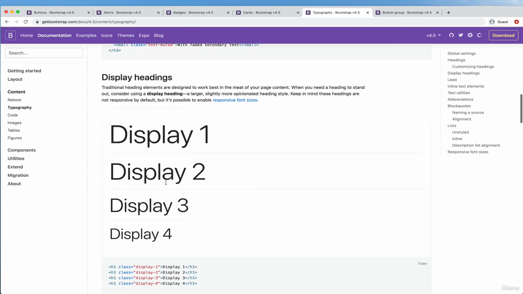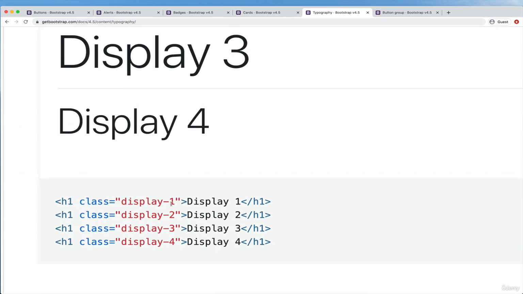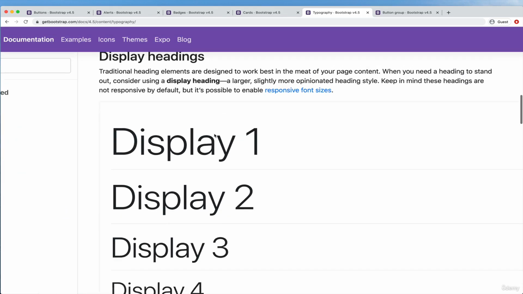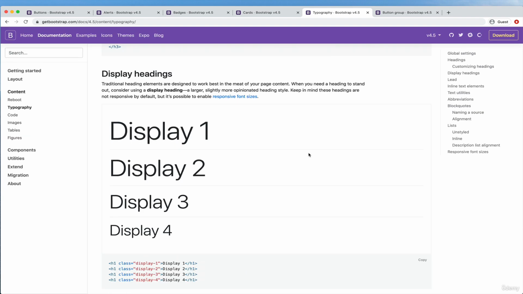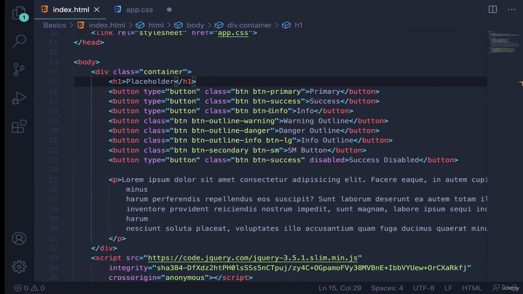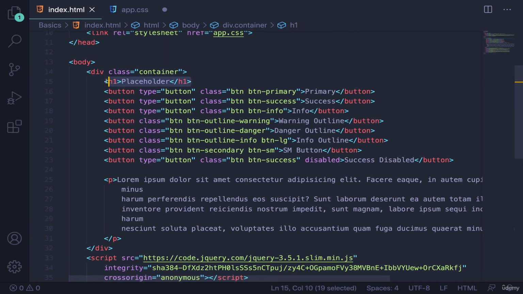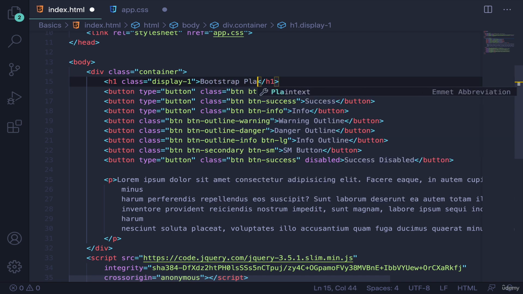First of all, these display classes. So these display classes, there's only 4 of them, display-1, 2, 3, and 4, are used to make large headers. It says when you need a heading to stand out, consider using a display heading, a larger, slightly more opinionated heading size. Keep in mind they are not responsive by default, but you can change that. Okay, so let's try using one of them. Just class equals display-1, and that makes sense to use on an H1. So instead of saying placeholder, let's do something like display-1 on an H1 with the inner text of Bootstrap Playground